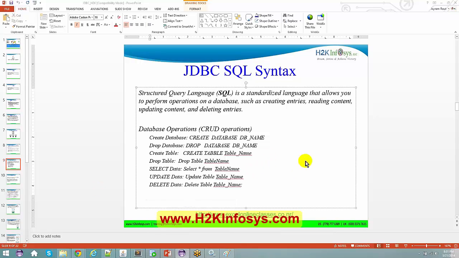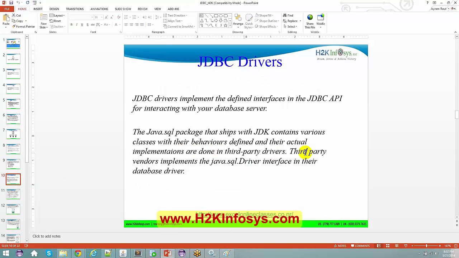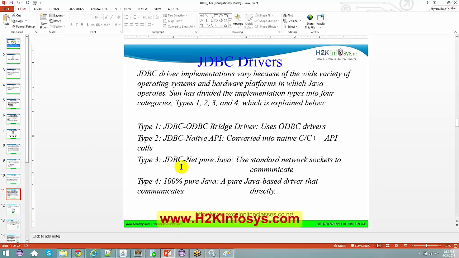Now, what all things can you do? You can do a select, update, delete, you can drop table, create table, drop database, you can create the database also. These are the operations you can do using your JDBC. Let me skip a couple of things. Now there are a couple of drivers in